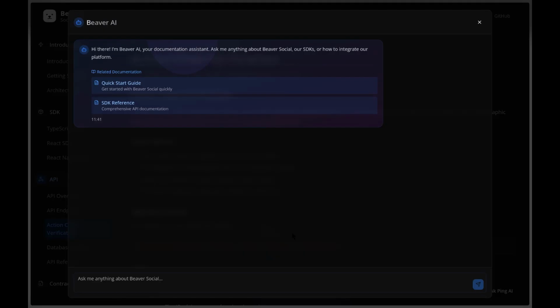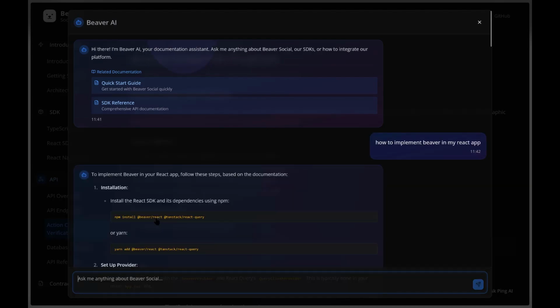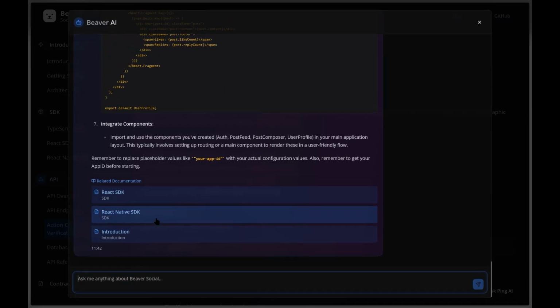We also have created our own AI assistant. It's called Ping. Comes in two flavors. A chat mode for you to integrate in your apps that your users can talk to, and custom tailored dev mode that we have integrated in our docs to assist you in understanding and working with the Beaver SDKs and the entire toolkit. It will provide you with guides and contextual code snippets.